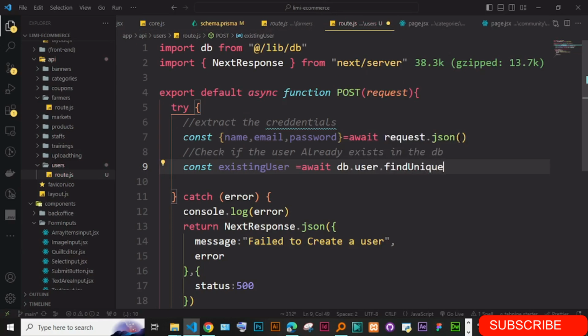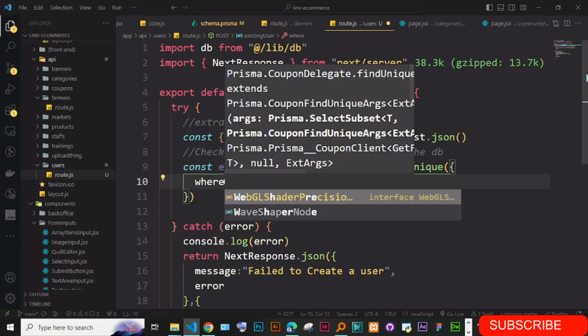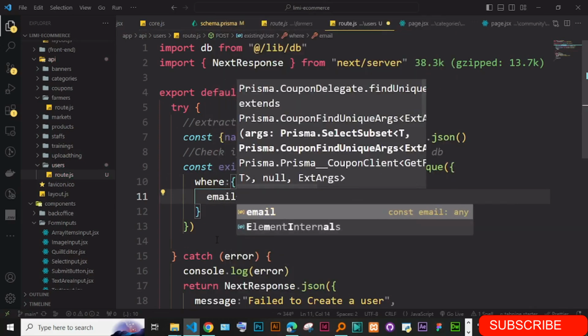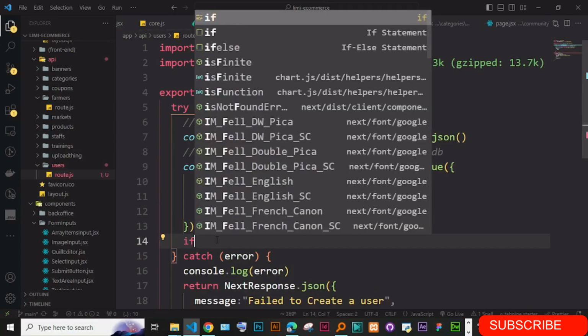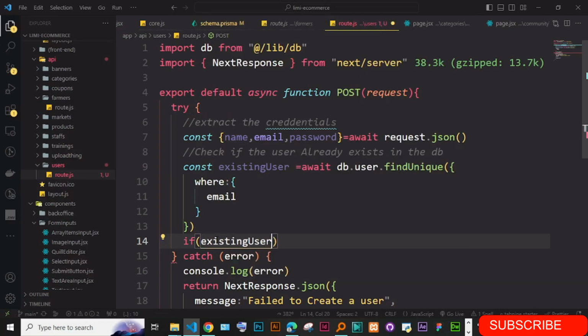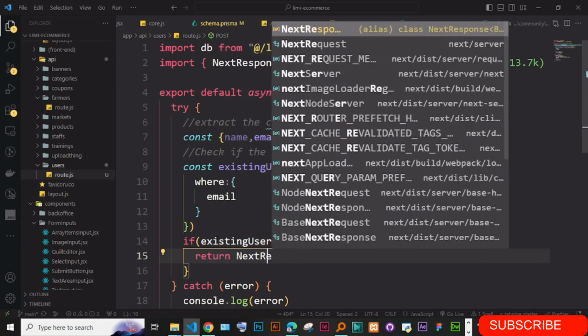Okay, but find unique, and of course we pass in the where. Where email. So if we find this user, if existing user, if the user is already existing, what we want to return from there. Next response, want to return